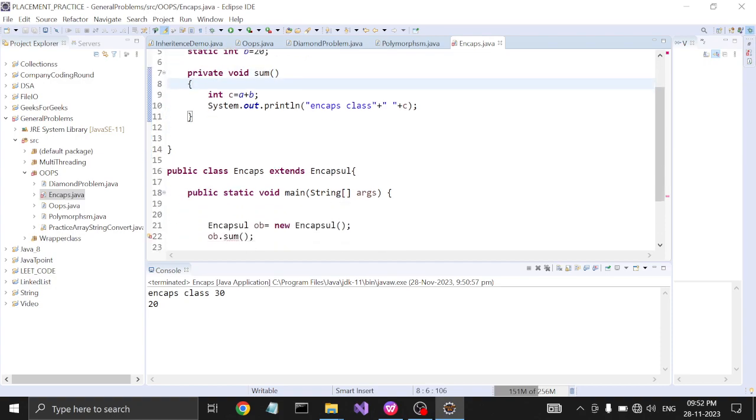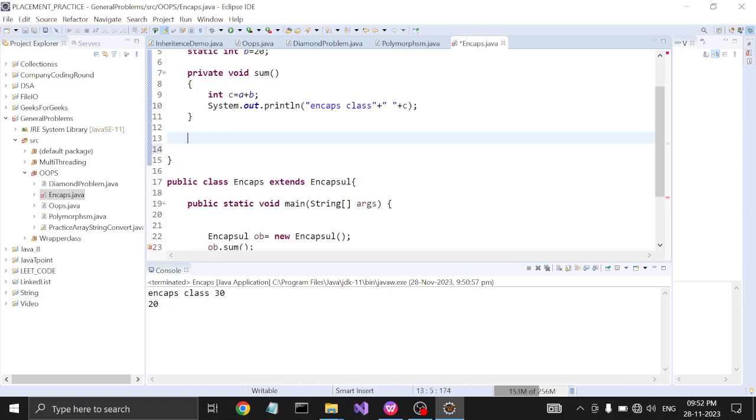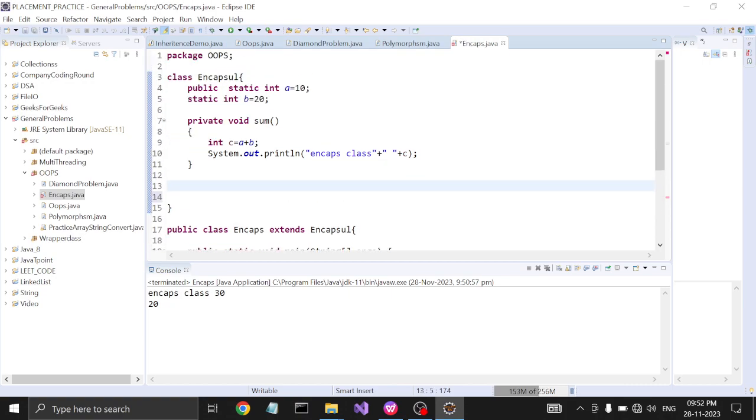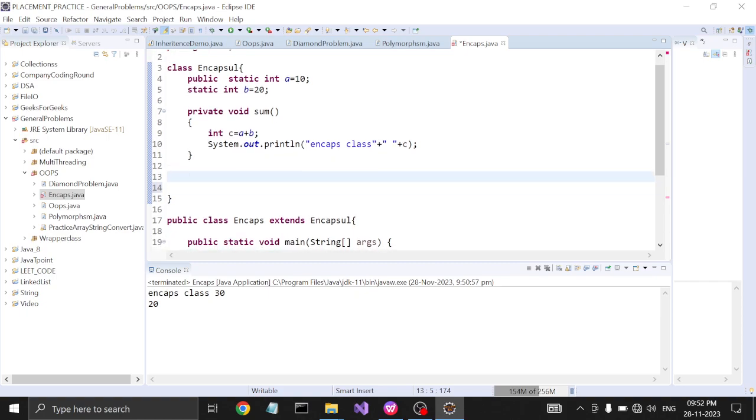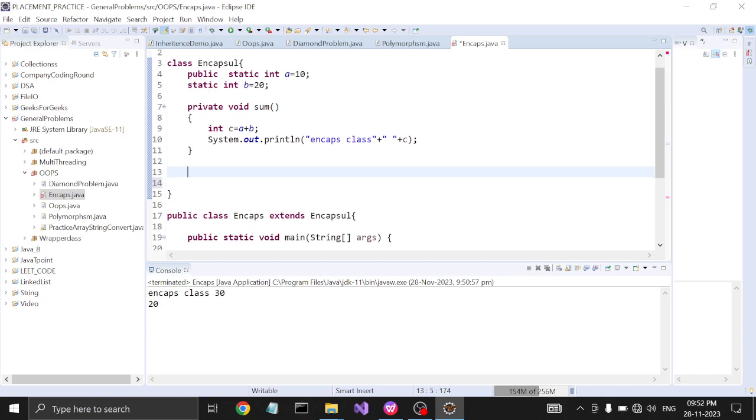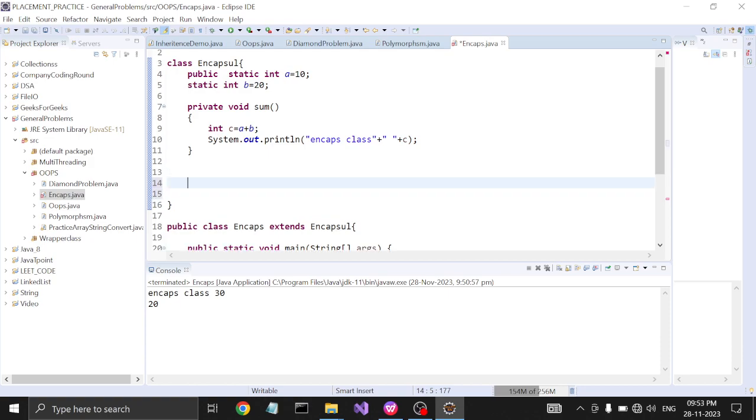If we want to access the members of another class, we should make them public. But if we make them public, then one issue is raised: we can manipulate the data from outside the class, which is insecure, and anyone can modify our data and commit malpractice.